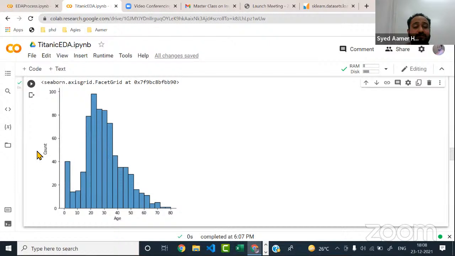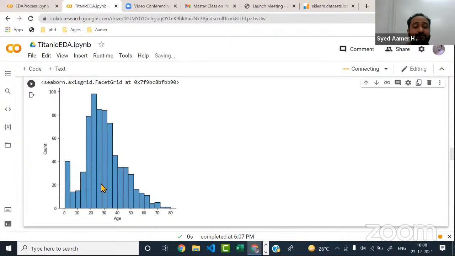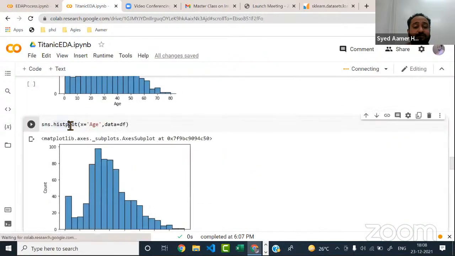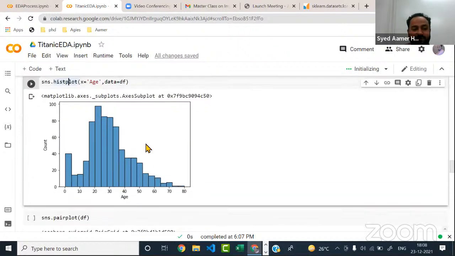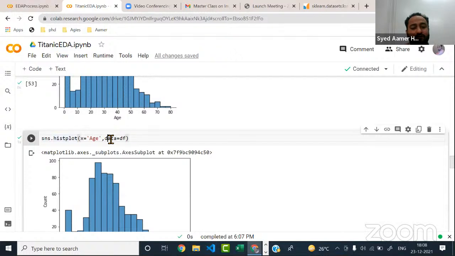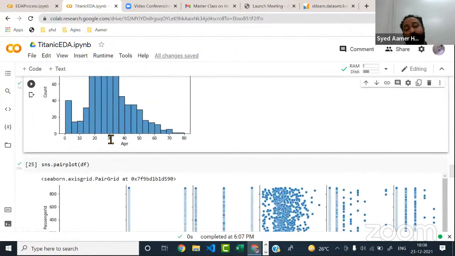conclude that there are more than 80 people who come under the age of 30. So from this, you can even understand how your data is distributed. And for this same thing, we have something called hist plot as well, the histogram plot, which is similar to this plot shown. There are a lot of parameters available to it. I'm not going into detail of the parameters. You can check it out later on.